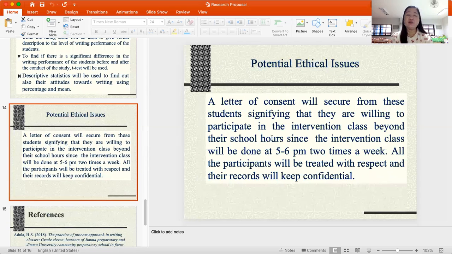Okay, moving on to the potential ethical issues, a letter of consent will be secured from these students, signifying that they are willing to participate in the intervention class beyond their school hours, since the intervention class will be done at 5 to 6 p.m., 2 times a week. Then all the participants will be treated with respect and their records will be kept